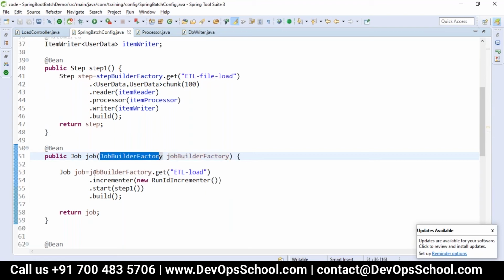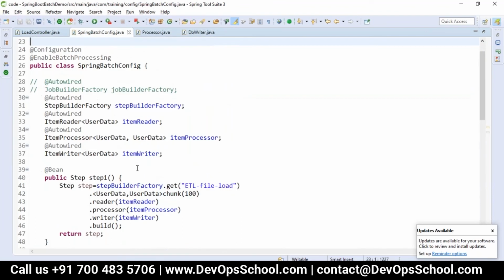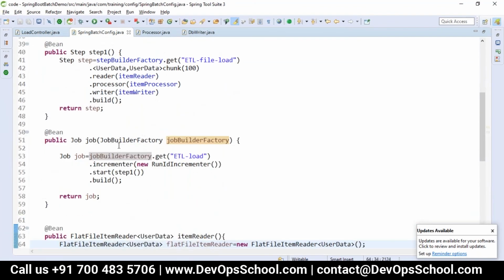Then we took here the job builder factory dot get method. Either you can autowire it or you can send it here. You can see I have written both. Either you can do the autowiring or you can send it to your methods also. So job builder factory dot get, I'm writing some method which is called ETL load. You can write any method name.